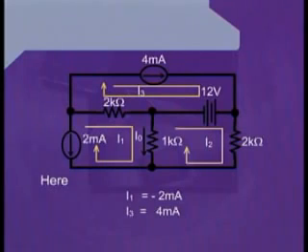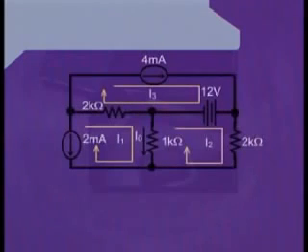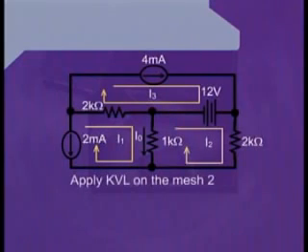Now, we haven't accounted for the negative sign this time because the directions of the two currents are the same. Now, we are left with only one current which is unknown to us, and that is I2 flowing through the mesh 2. Therefore, applying Kirchhoff's voltage law onto the mesh 2, we can write,